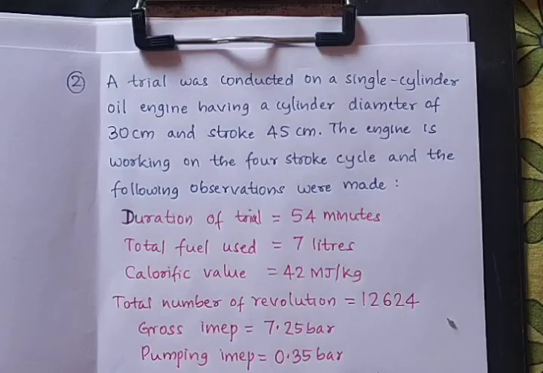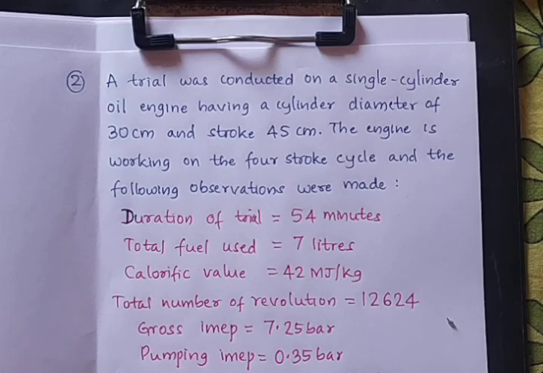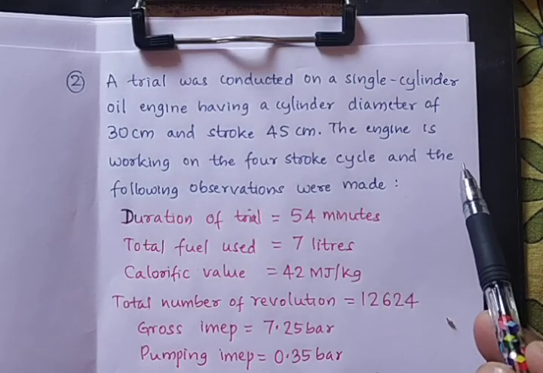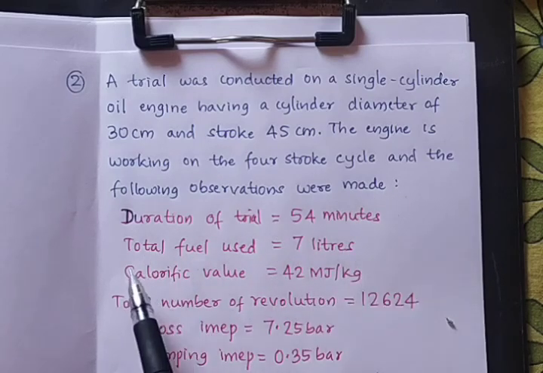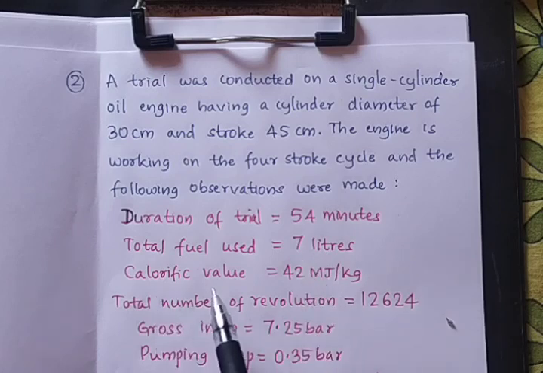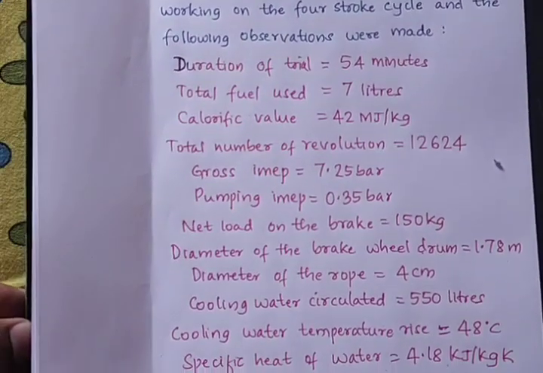A trial was conducted on a single cylinder oil engine having a cylinder diameter of 30 centimeters and stroke 45 centimeter. The engine is working on a 4-stroke cycle and the following observations were made. The duration of trial 54 minutes, total fuel used 7 liters, calorific value 42 kilojoules per kg, total number of revolutions 12,624, gross IMEP 7.25 bar, pumping IMEP 0.35 bar, net load on the brake